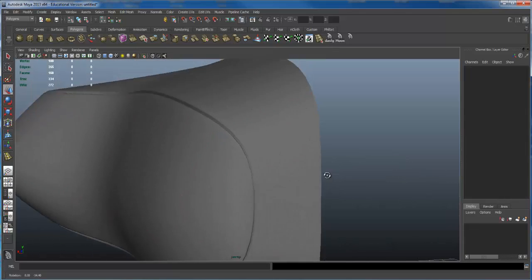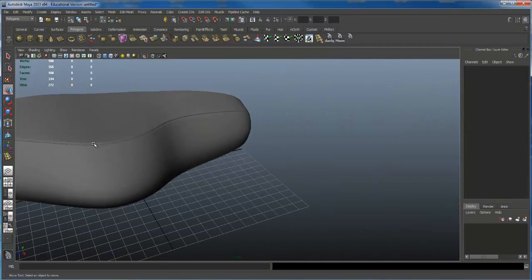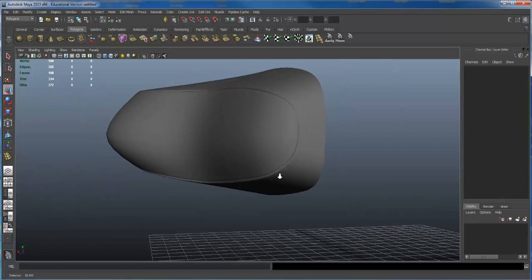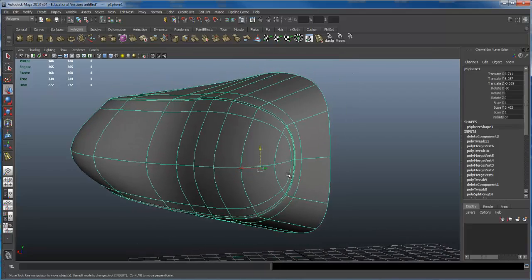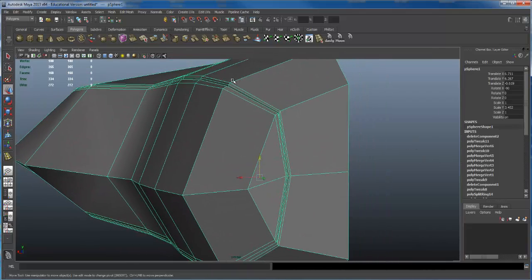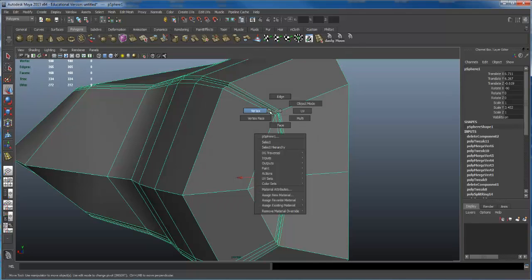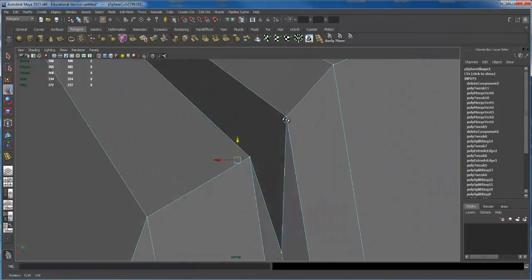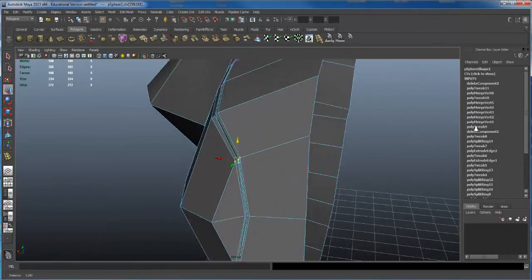So do you see that line? See what it's doing? Here it's a little bit wider, that nice detail line. When it gets around to this front end, it gets a little too tight. Well, that's an easy fix. All I have to do is go back to this mode here, and you can see how wide it was here. So all I'm going to do is come over here, select my vertices. I'm going to sort of zoom in right like this, and I just need to widen this out just a